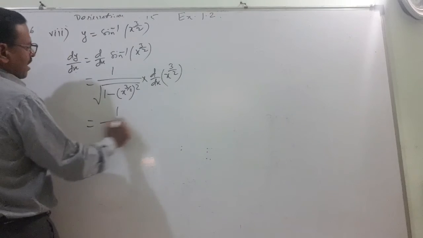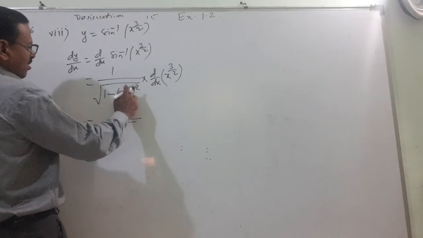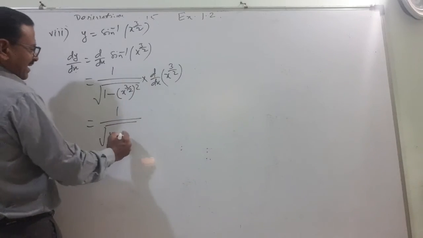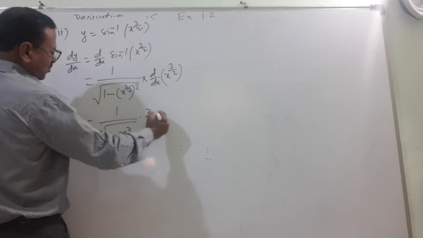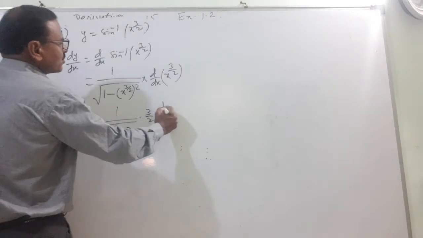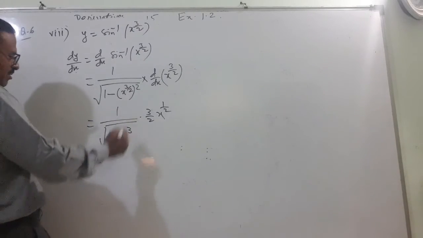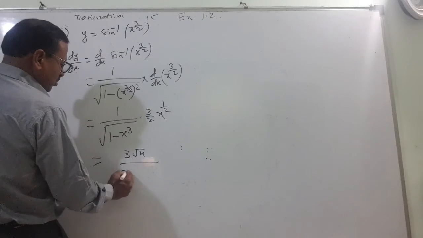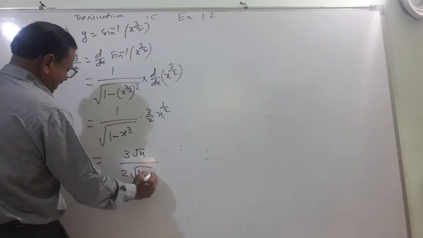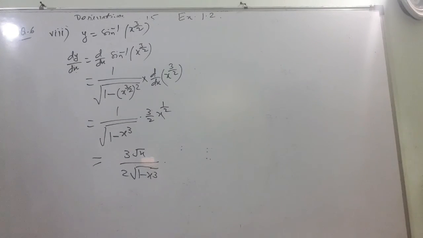That is equal to 1 upon under root of 1 minus index raised to index means multiplication of the indices. So these two will get cancelled and x raised to 3, into this derivative will be 3 by 2 and x raised to 3 by 2 minus 1 is half. So the overall answer will be 3 x raised to half, means root x, upon 2 under root of 1 minus x cube. Hope that I am not very fast. I am matching up with your speed.